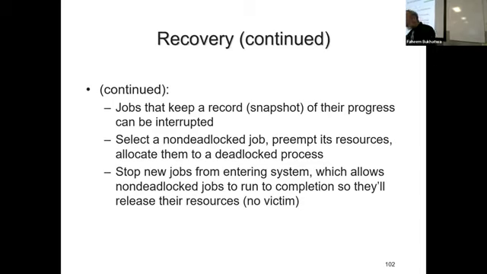So some programmers are really good. They keep a record of what they do. So if their program is interrupted and runs again, they know exactly where to continue from. But some don't. So if you know this job keeps a record and knows exactly where to stop, then it's okay to stop it, because when it starts again, it's not going to run the full thing again. So select